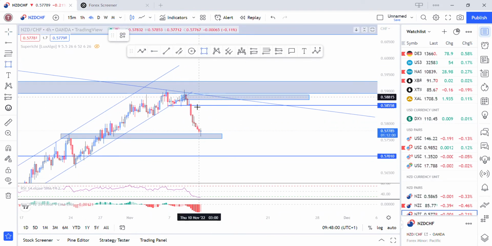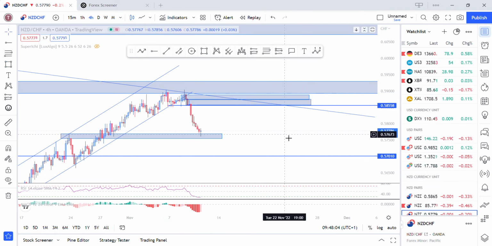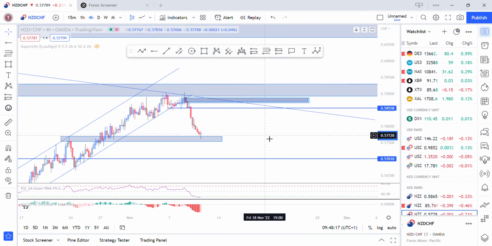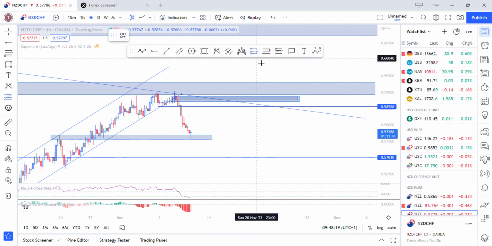Right, so now what broke out of it? This over here. Was it that candle? No, I'm wrong. It was actually that red candle up there that broke out of it. Okay. Right, so I can be looking to call a sell